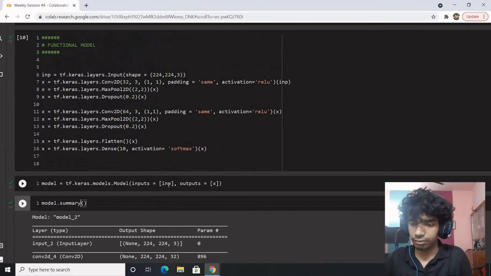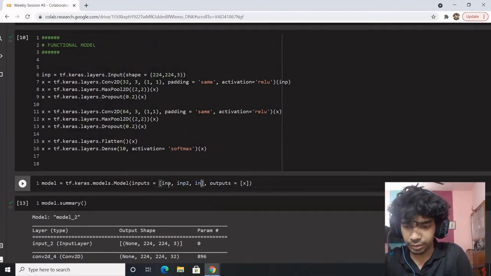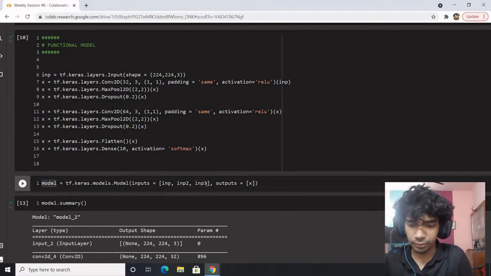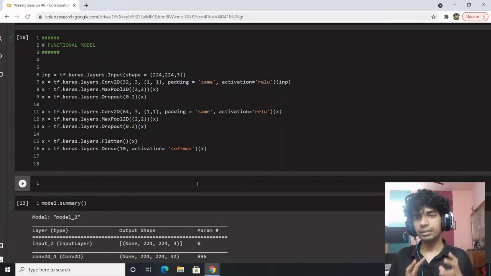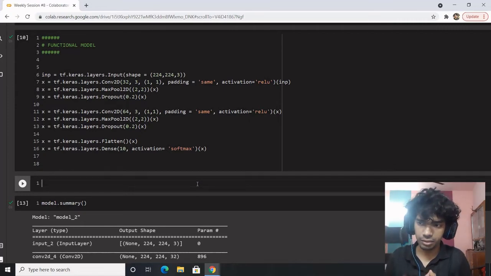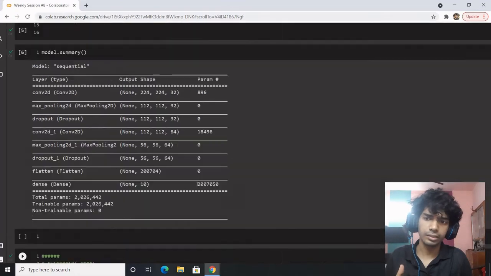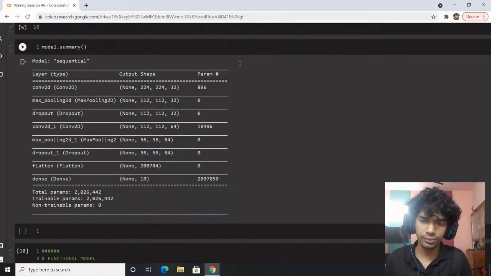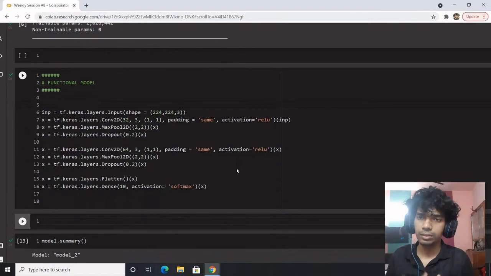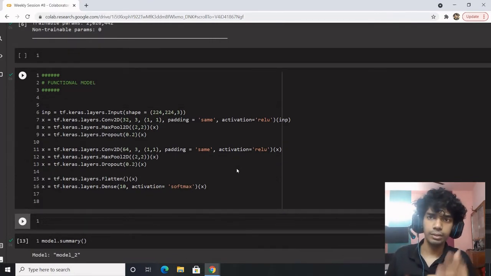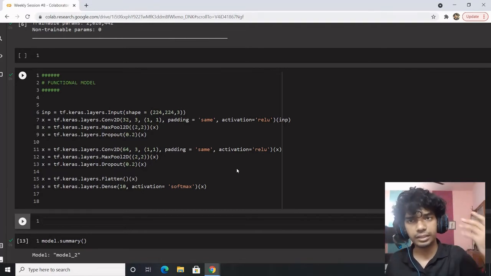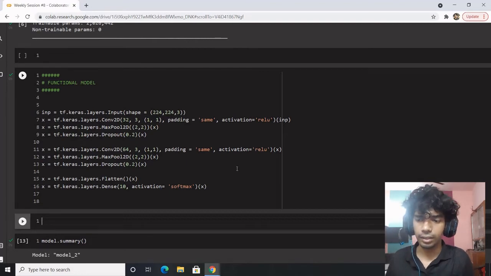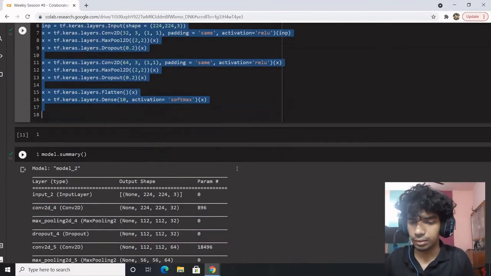The benefit is you can define multiple inputs over here, input 1, input 2, input 3, and over here you can define multiple outputs. Internally you can concatenate a lot, so much greater flexibility. But this is not the logical approach for a beginner. If you're a beginner, I would ask you to get a good understanding of the sequential approach. Once you are comfortable with it and want to try custom complex architectures, the best way to learn the functional approach is to re-implement UNet or ResNet on your own. I think that's the best way to learn the functional model.